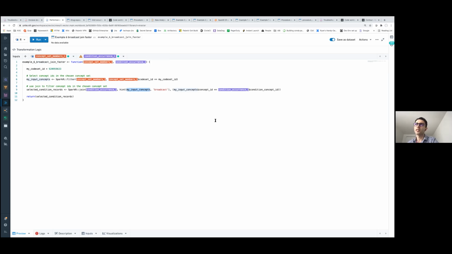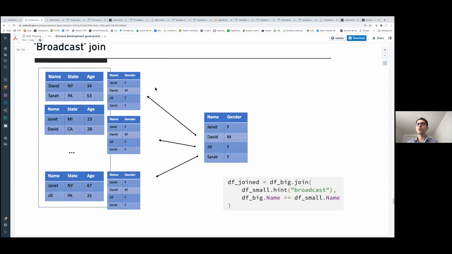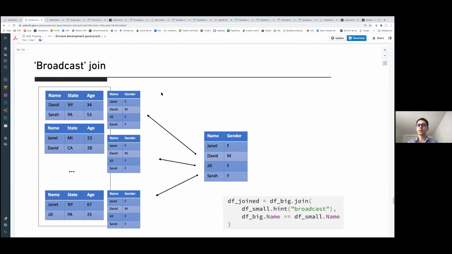That usually does the trick, and the join should be much faster because there is no shuffle required in this example. So key takeaway: broadcast joins are usually good candidates when you're joining a large data set to a much smaller one.